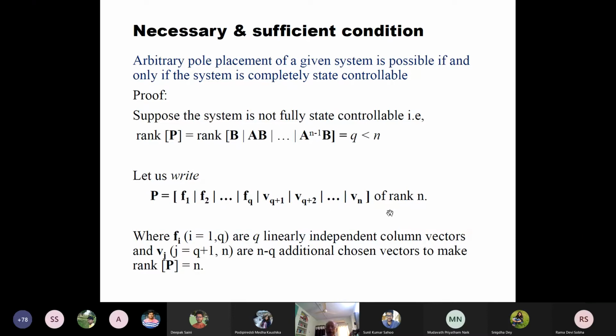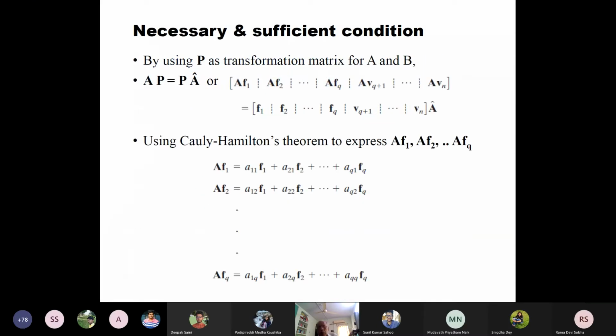So that now we are making this fully state controllable. Which means if I want Q linearly independent column vectors, and Vj are the N minus Q additional chosen vectors to make rank P equal to N. Once we do that, by using P as a transformation matrix for A and B, we can write AP is equal to P A hat,